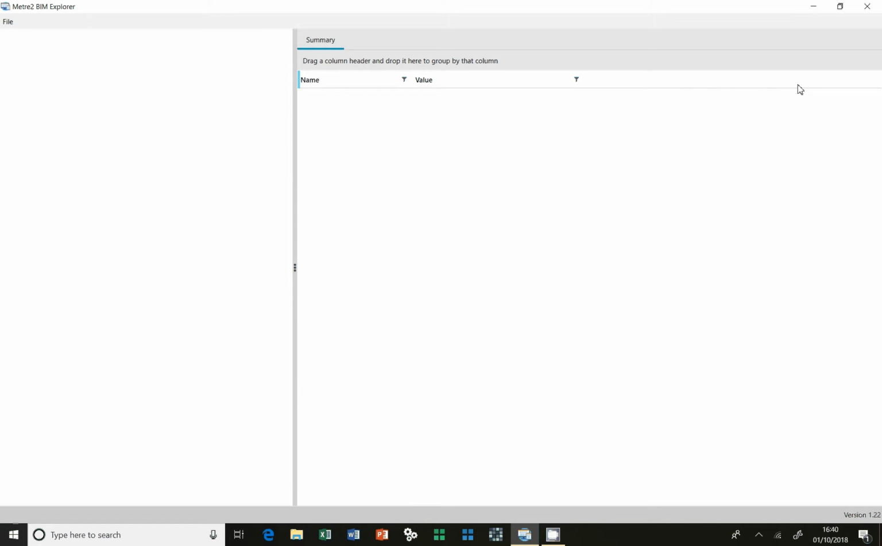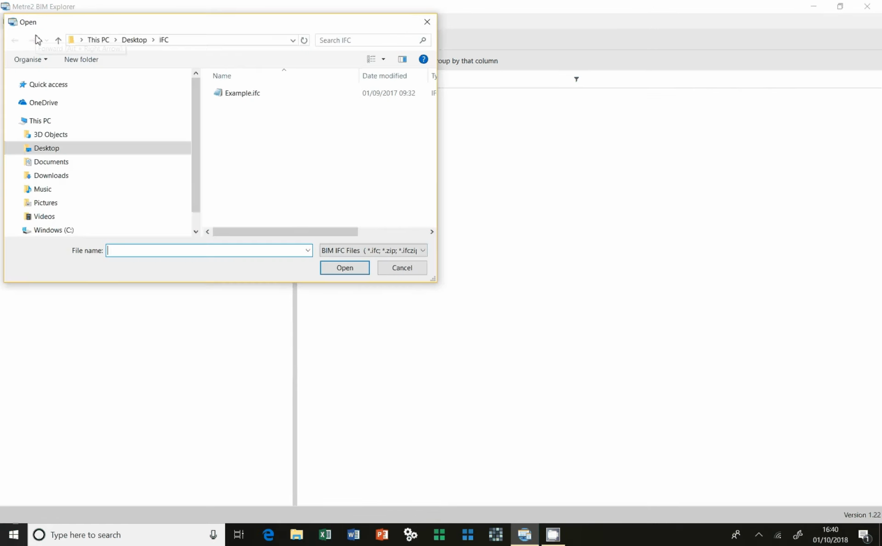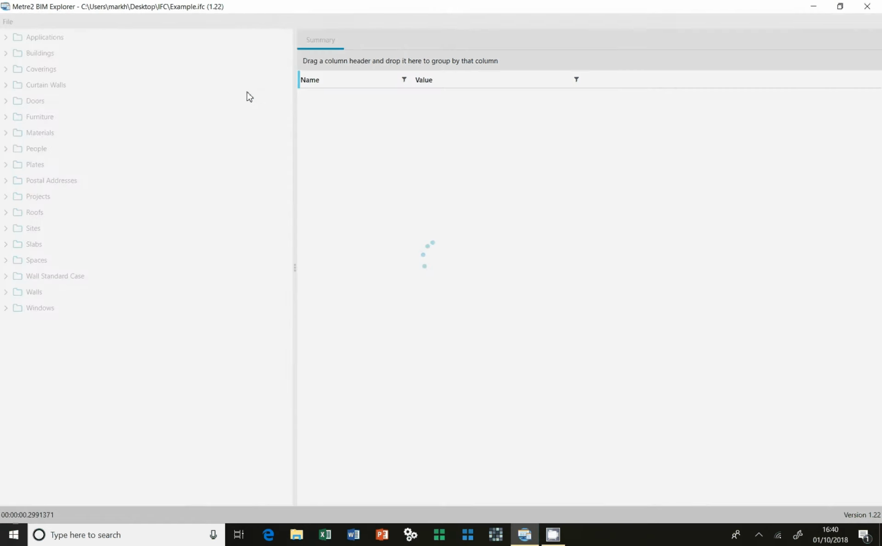metre2 BIM Explorer. It's a free download of an application for investigating the content of IFC files, finding the IFC types and presenting them in an alphabetical tree of information. To begin with, run the application, go to the file menu and load the IFC file that you have to